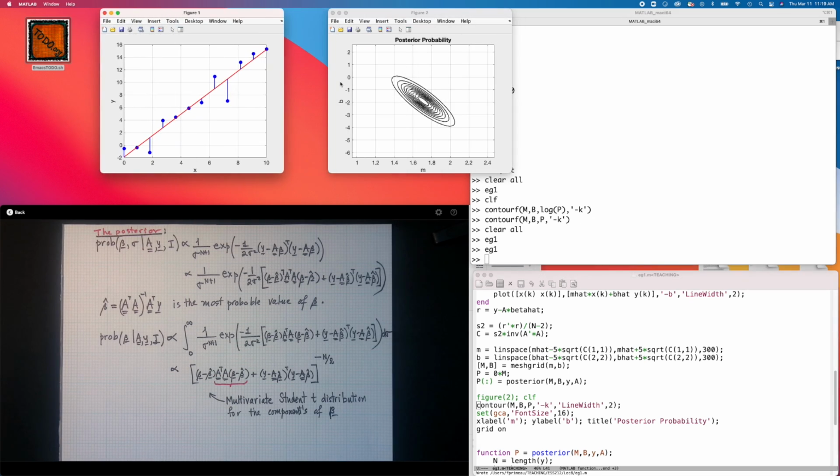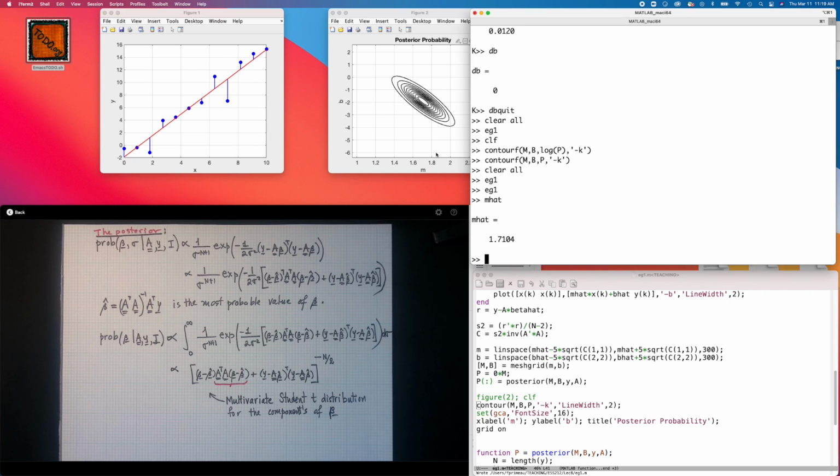Okay, so this is the ellipse of posterior probability. It says that the most probable value is here in the middle. Let's see if that works out correctly. M hat is 1.7, which is pretty much the middle of that peak. B hat is minus 1.9, somewhere around here, which is the center. And then the width of this ellipse in this direction,